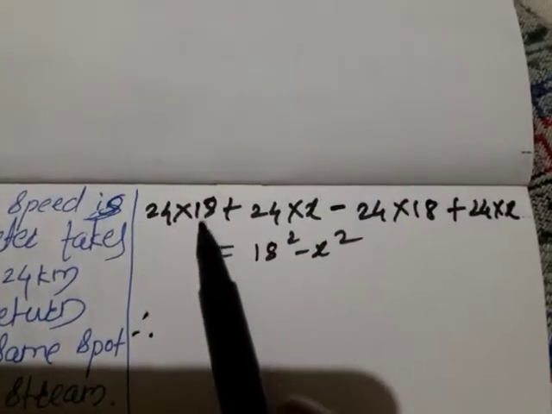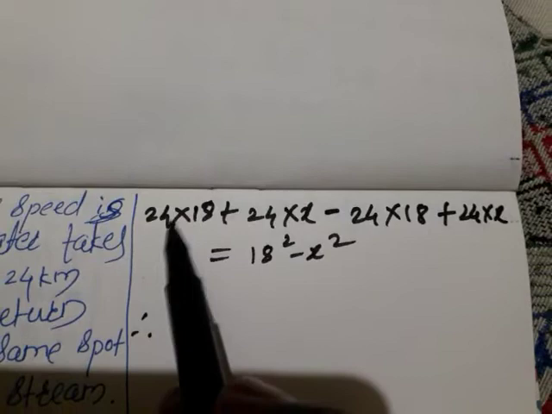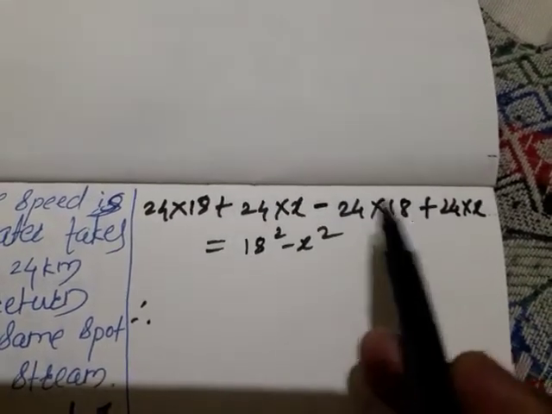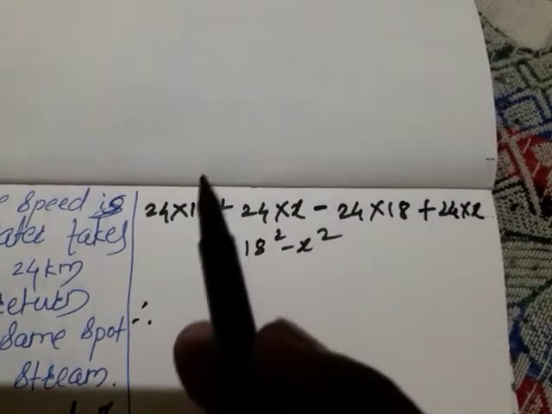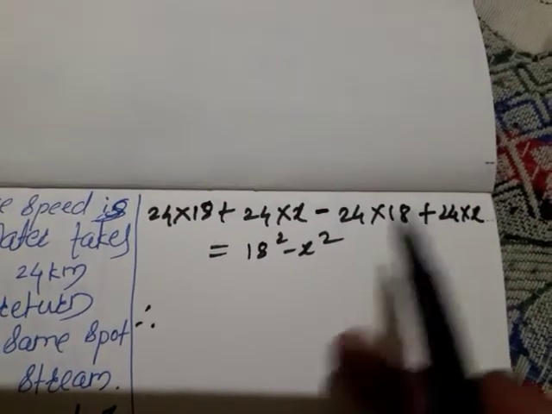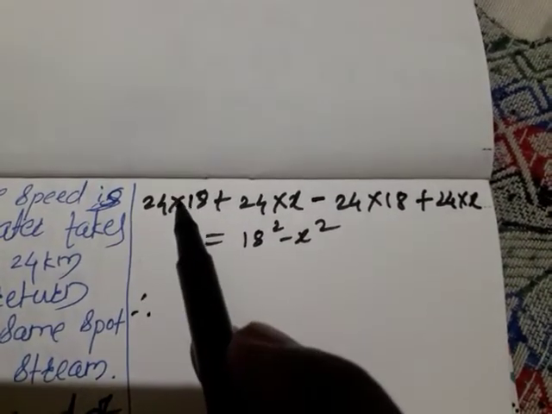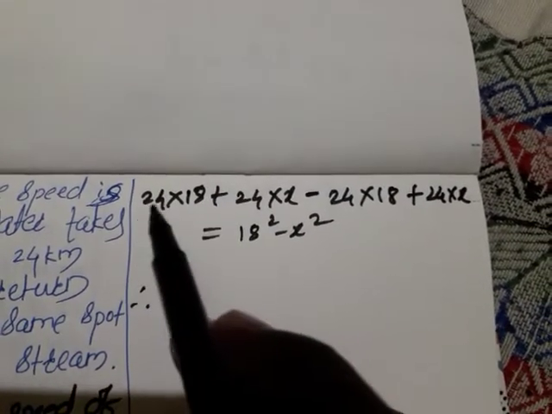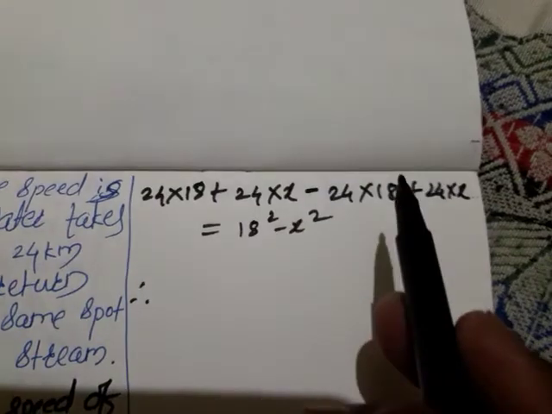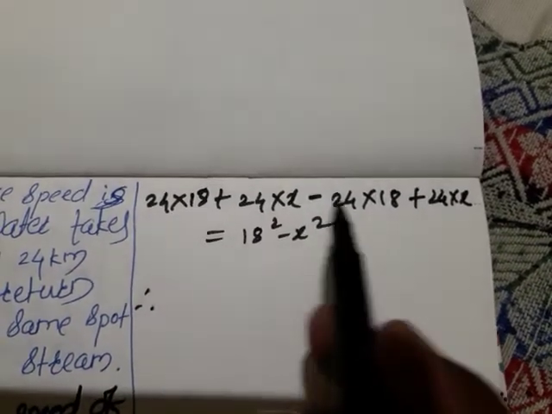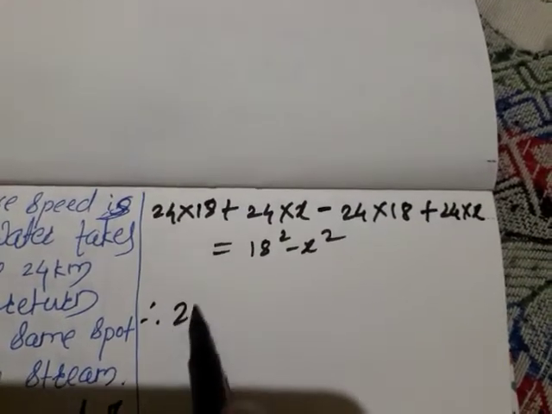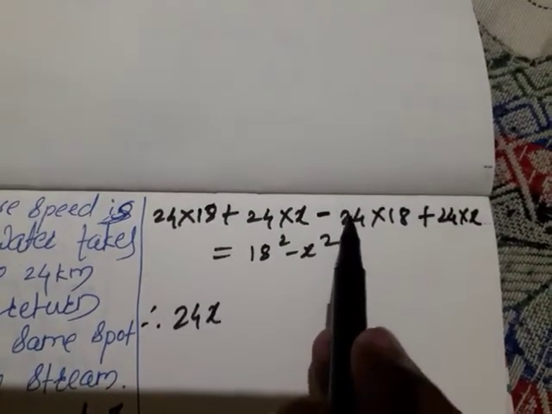If you observe carefully, here it is plus and here it is minus. No need of doing multiplication. Directly if you want to cancel, that is also correct. Even after multiplication, if you want to cancel, that is fine. 24 multiplied by 18 and 18 multiplied by 24 will give the same answer here too, but this has a plus sign and this has a minus sign, so it will cancel. Therefore we directly write here 24x, okay, plus